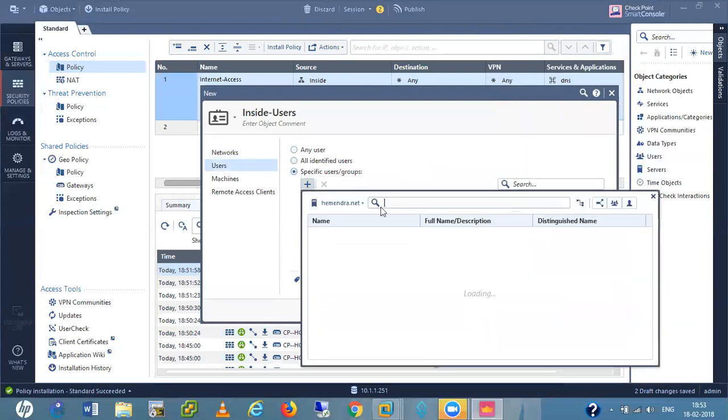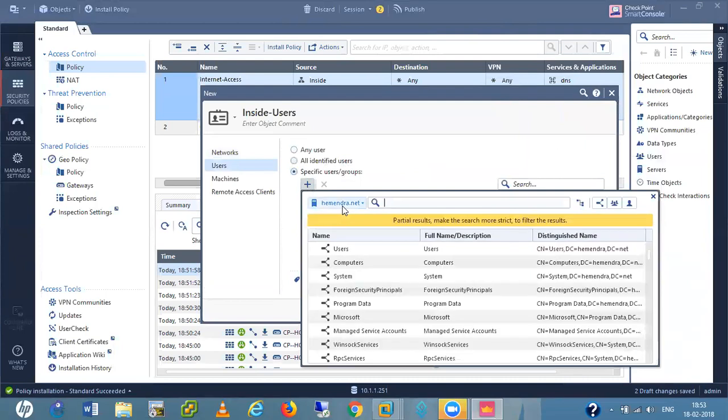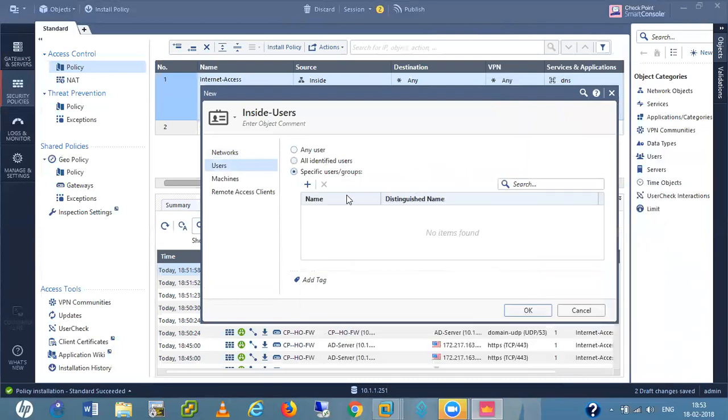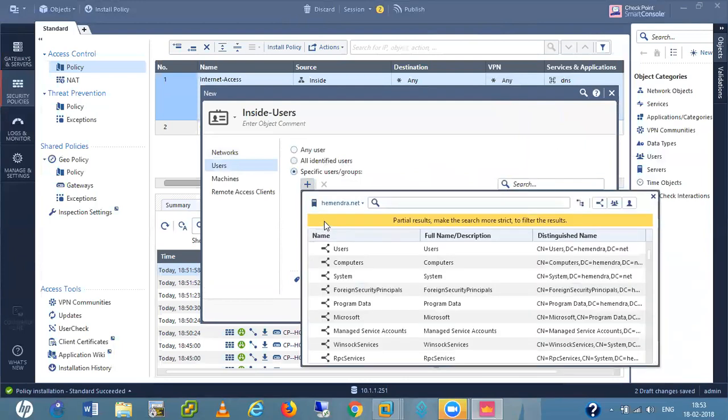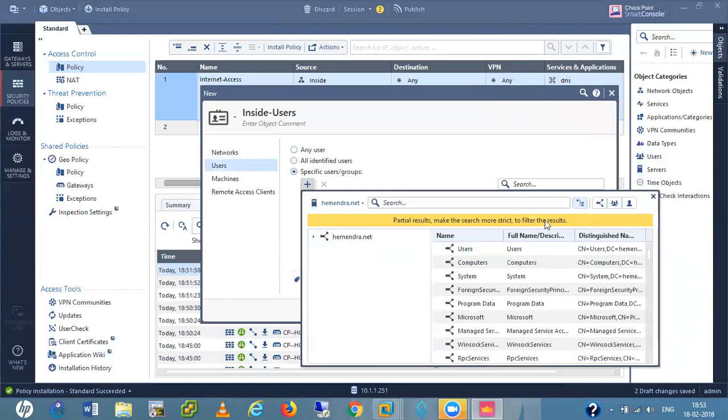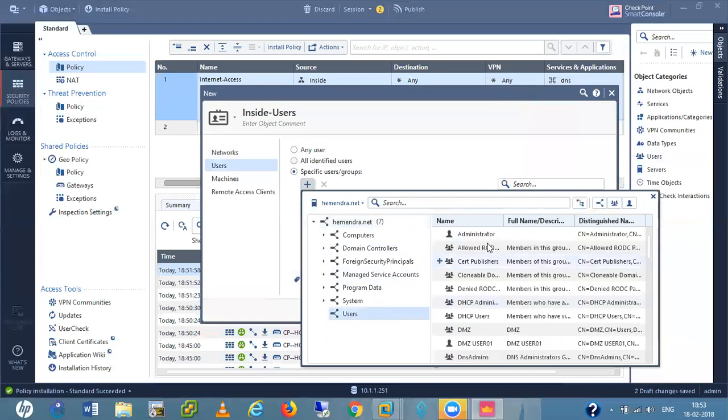Here I am adding. Here I am selecting heyman.net. I am getting this users tab here. This includes everything. So if I go to this tab in users, here we get this user.